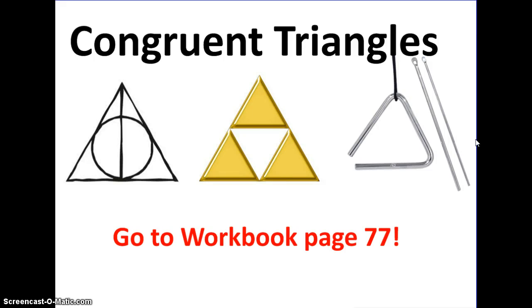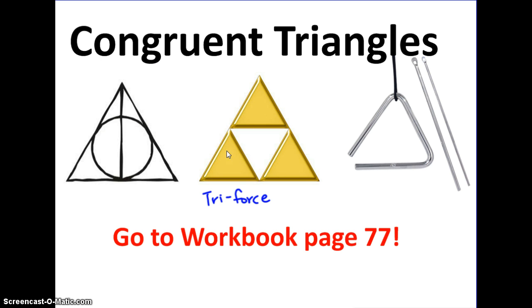Alright, today's lesson is over congruent triangles. So what I have here are just a couple examples of different triangles. Some of you may be familiar with the center one. This is the Triforce. This is actually from a game called The Legend of Zelda, where you play as Link and you save Zelda. So some of you may be more familiar with the newer ones, Skyward Sword, Twilight Princess,